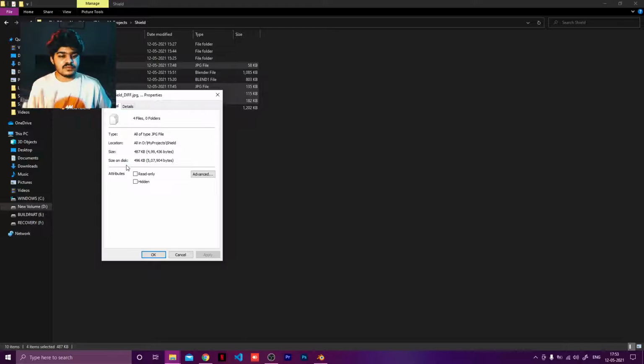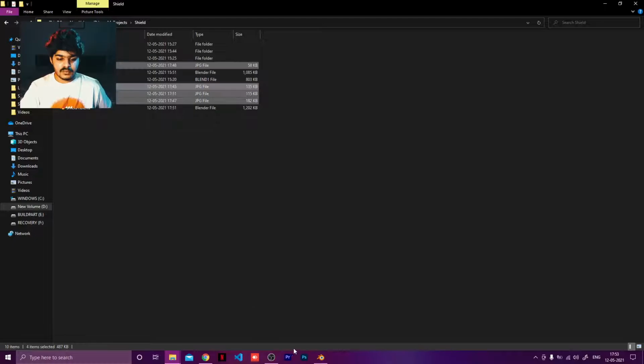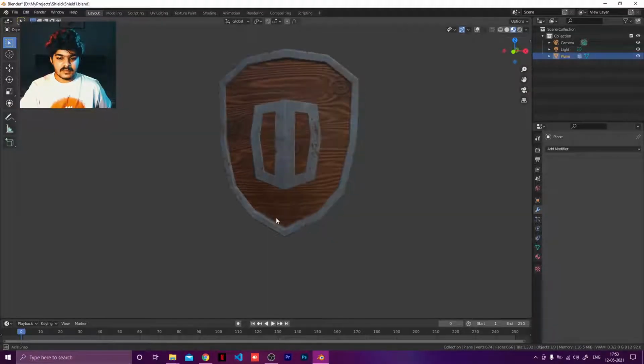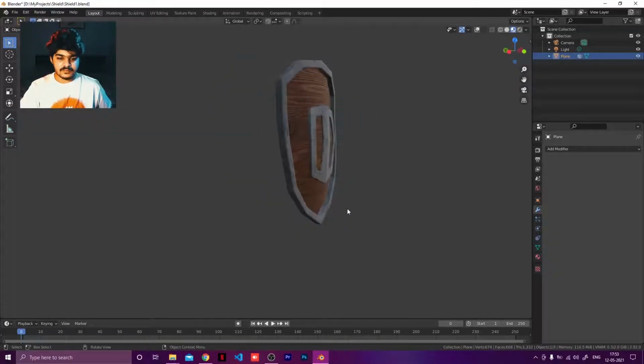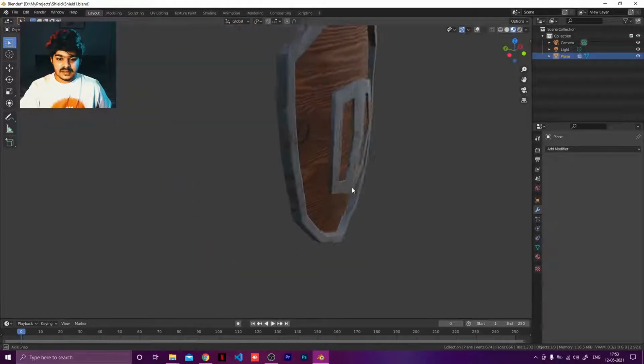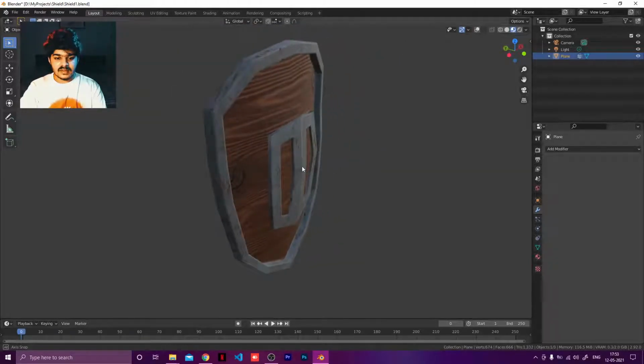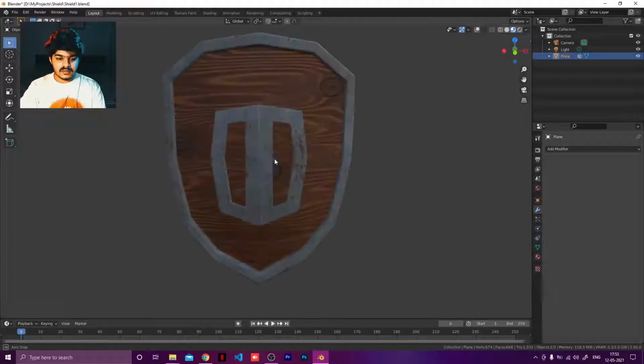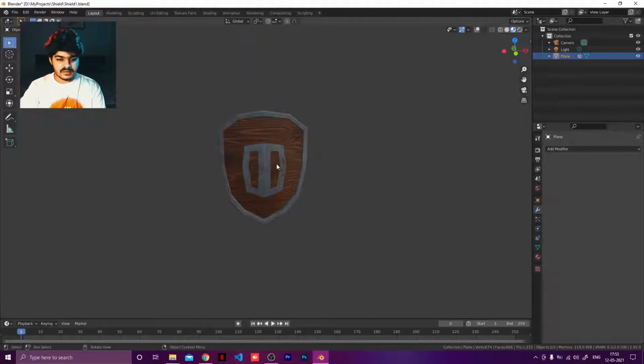But anyways, you now understand how baking multiple textures or multiple materials into just one texture or one material is going to help you so much. This is awesome, and once we render it out, it is going to be very nice. If we are going to use it somewhere else, it is going to be very nice. Now one last part is remaining.